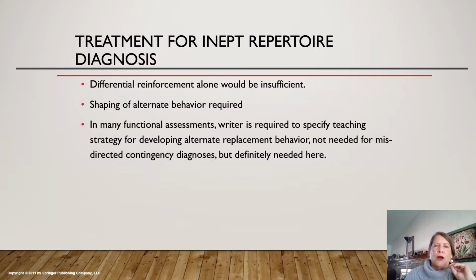So if you are trying to do access mand, you're going to have to shape, help them learn at least how to utter the sounds that you need them to begin uttering for people to know that they need something. And so many of the functional assessments require you to assess whether the child can do what you're asking them to do, and if you have assessed that they really do not have it in their repertoire of behaviors, then you have to build in a shaping